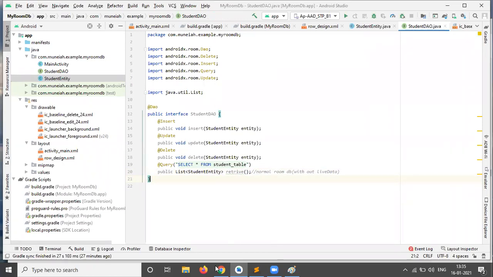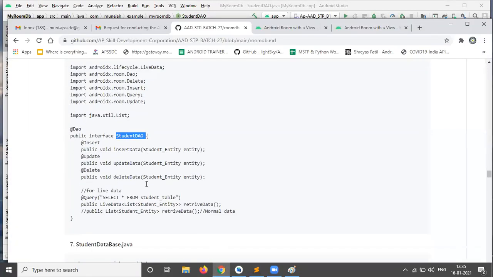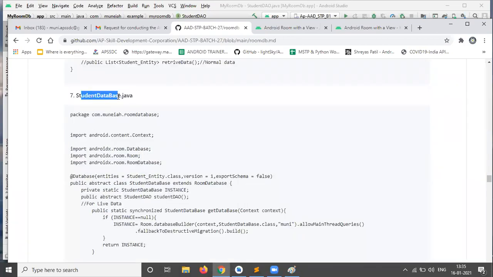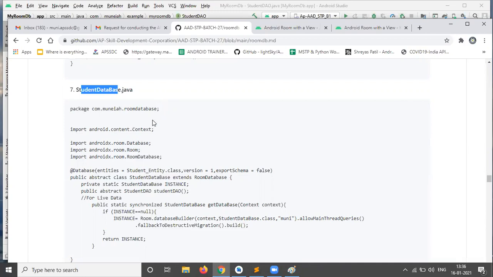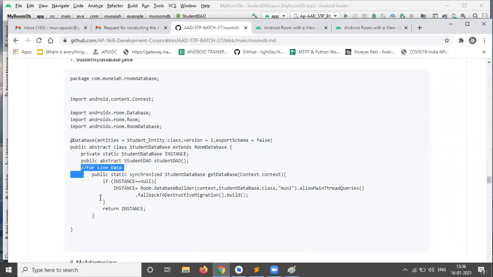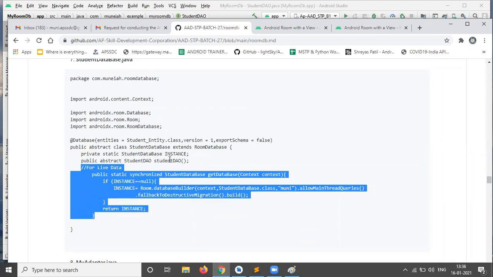Okay. So the next thing, I need to go for adding the database class. Open the document once. In this, the next step is the student database class dot java file. As of now, we don't require live data. We'll just create this abstract class.